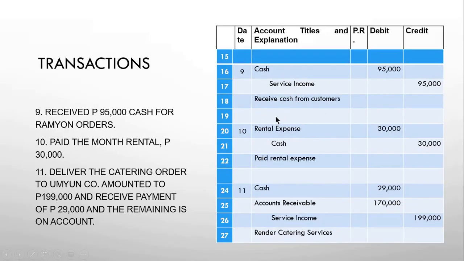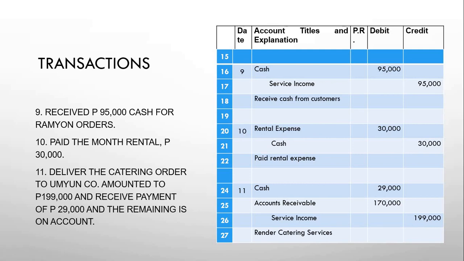Receive cash for customers as explanation. And then, dahil walang PR or posting reference, so just leave it blank, no? And then, you debit 95,000 cash and credit 95,000 as service income. Ayan. Lagay na naman tayo ng space before the next transaction in January 10, stating that paid the month rental